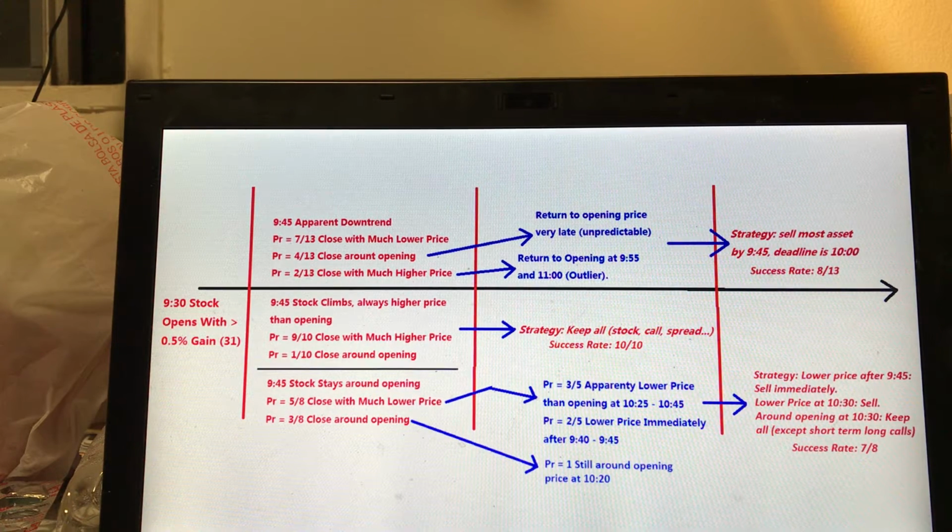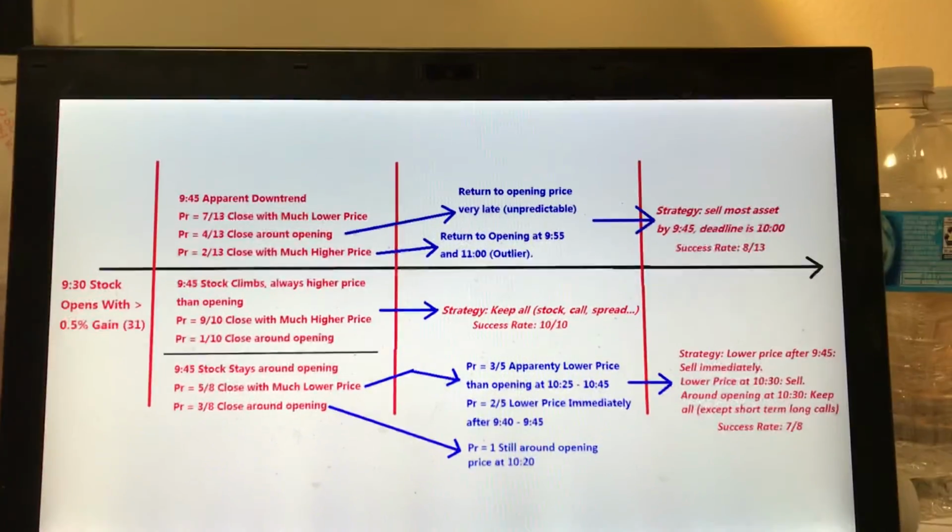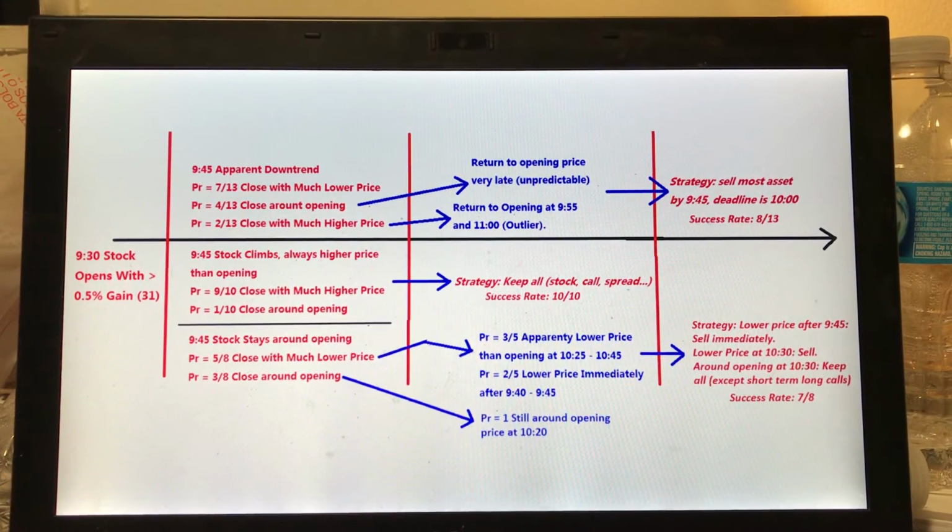So our strategy is that we sell most of our assets by 9:45, and our deadline is 10 a.m. So if you see an apparent downtrend after a high opening, our deadline to sell most of our assets is about 10 a.m., and the probability that we can succeed in this case is 8 out of 13,